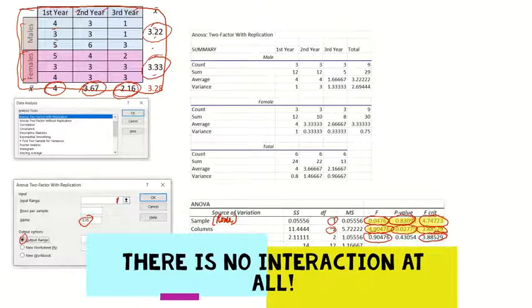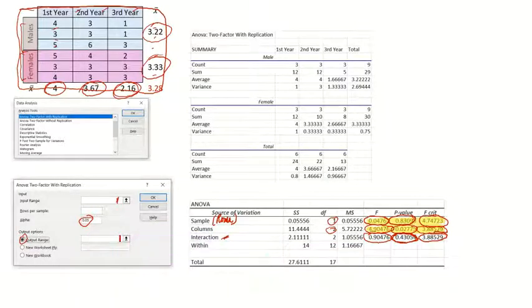But again, if we look at the p-value, it says that this interaction is not statistically significant. So therefore we can still go back to saying that there is no significant interaction between the sleeping hours